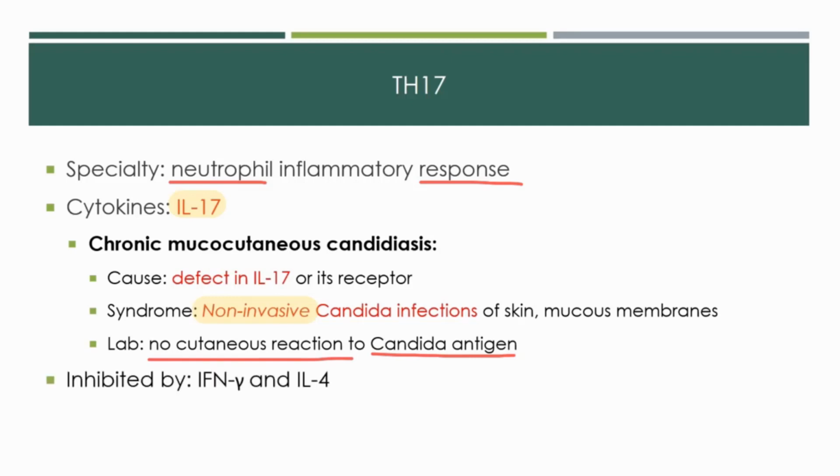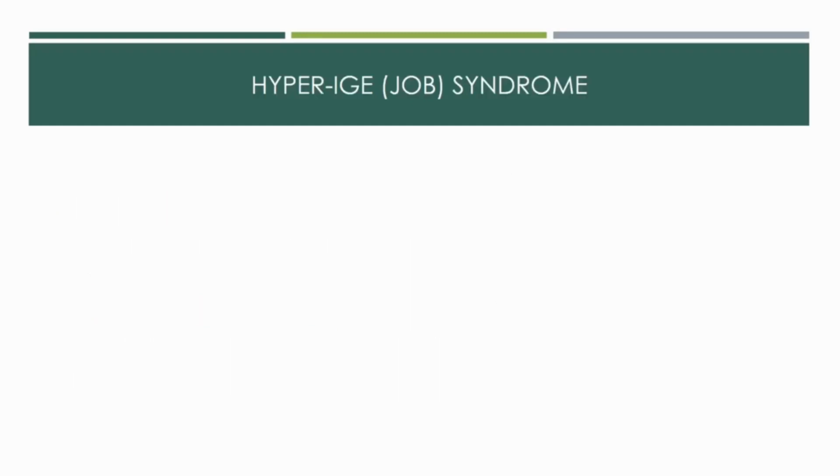And like the others, Th17 cells are inhibited by other helper T cells. Both Th1 and Th2 cytokines inhibit Th17 differentiation because we don't really need Th17 around for most infections. The only reason you may need to know about Th17 cells is because of hyper-IgE syndrome, which sounds more like it would be associated with a B-cell abnormality similar to hyper-IgM, and that's why I like to remember it by